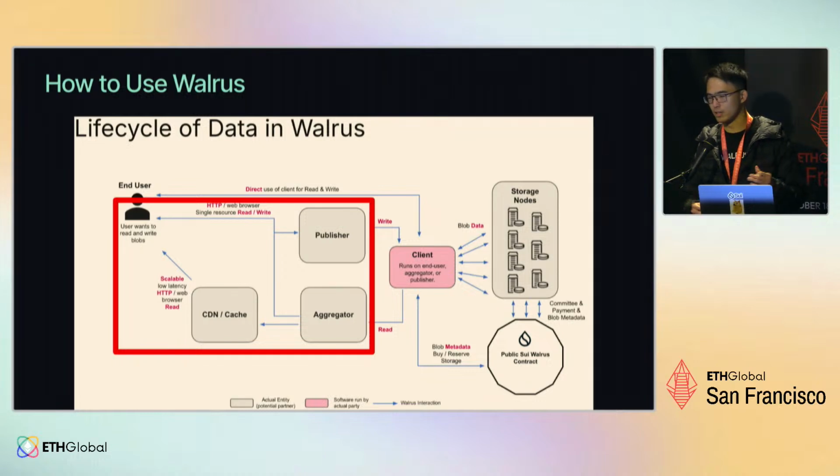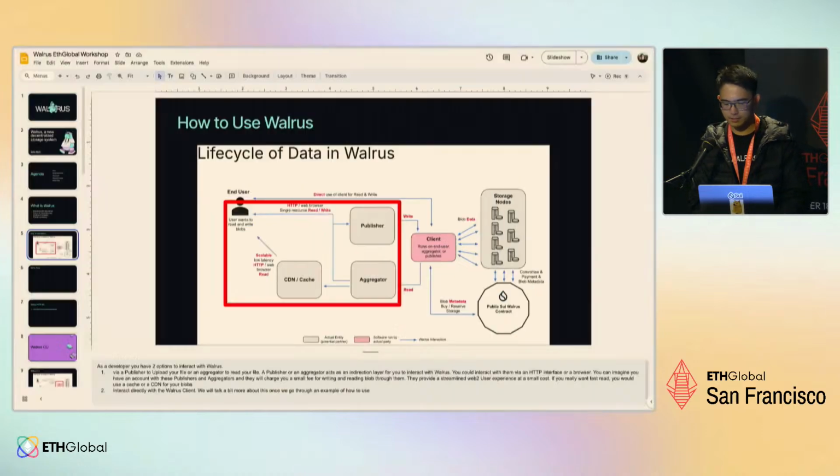In a more production-ready environment, you're probably expected to pay a small fee to make use of these publishers and aggregators as services. And if you really want fast reads, they can also provide you some kind of CDN solution. The next way to use it is the Walrus CLI, which I'll cover afterwards. But I'll just demonstrate quickly how to use the